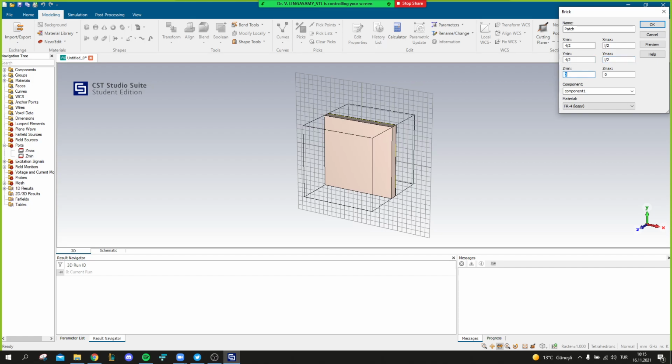Then here you have to place it on top of the substrate, right? So initially we gave the ground plane thickness 0.035 plus 1.6. Now you have 0.035 plus 1.6 plus 0.035.